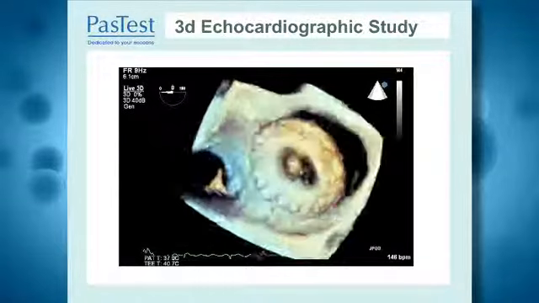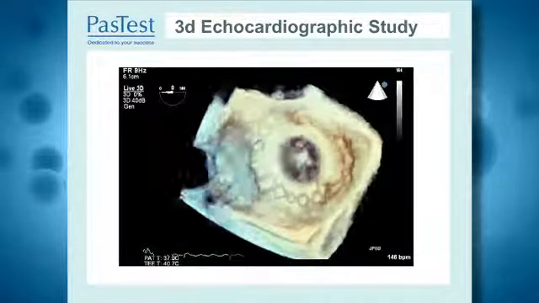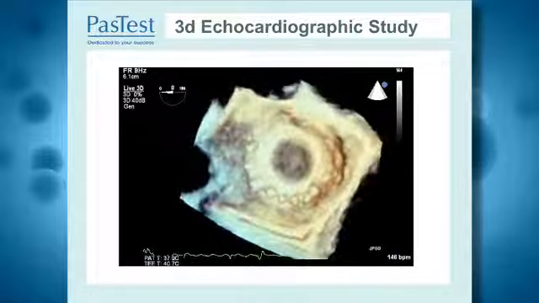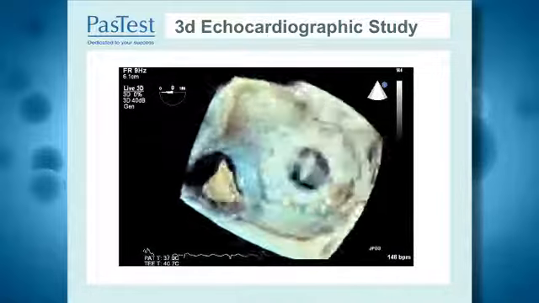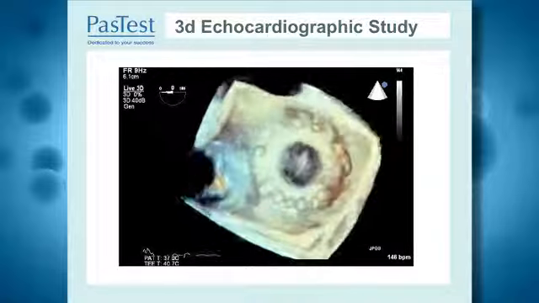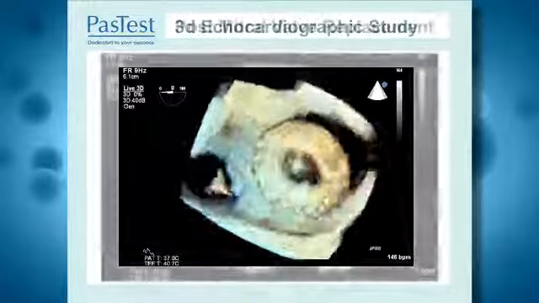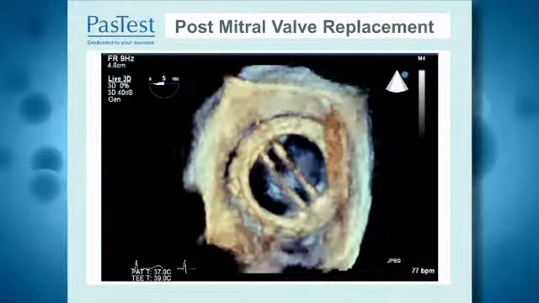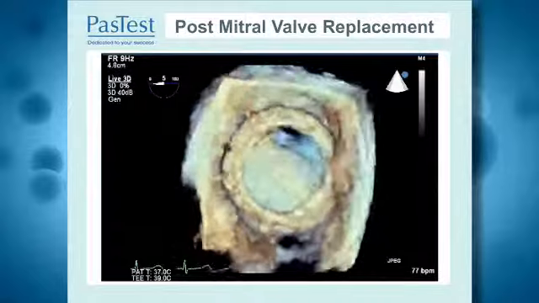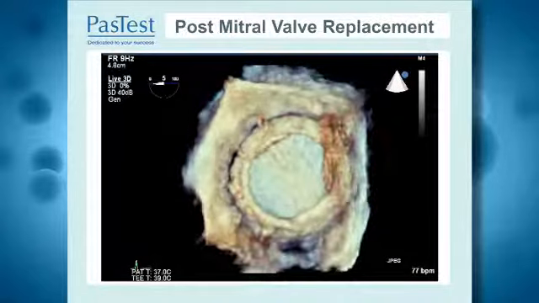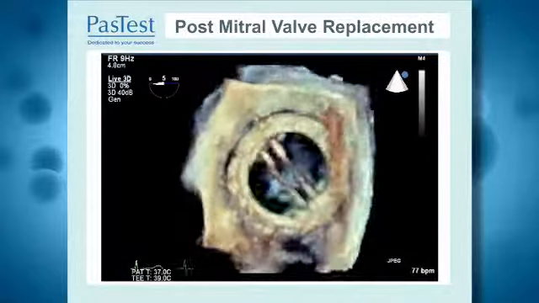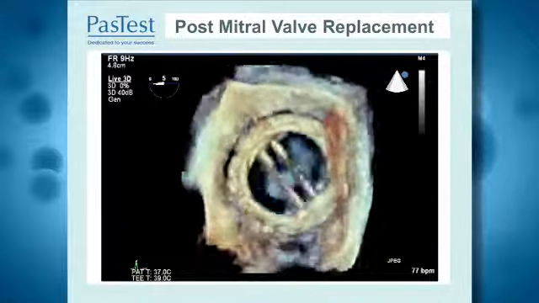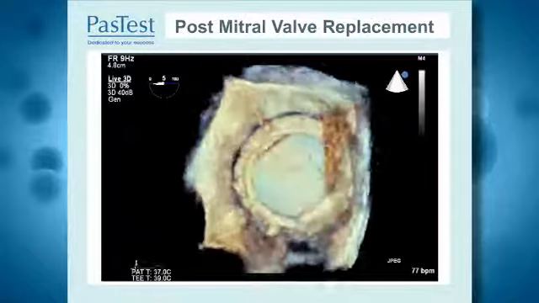The third image is a 3-dimensional echocardiographic study which we perform, which shows clear evidence of the valve rocking around and only being attached by a couple of the original sutures to the annulus. The last slide I'm going to show you here is in the same patient after he had a replaced mitral valve. You can clearly see that this valve is now beautifully seated, the valve leaflets are open nicely, and there's only very, very minimal mitral regurgitation present.